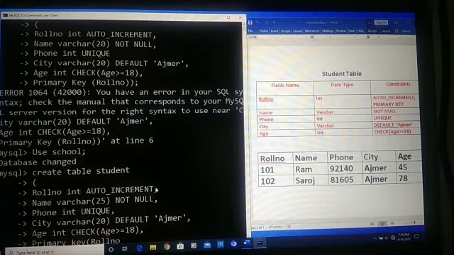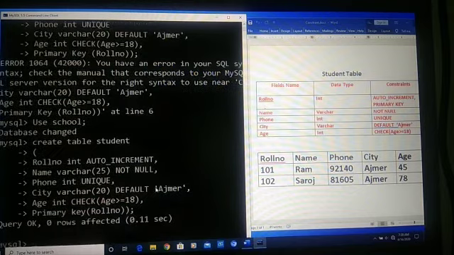Then after close, and again we will close our table and put semicolon and press enter. When you press enter, you will see query OK. Now our table has been created.